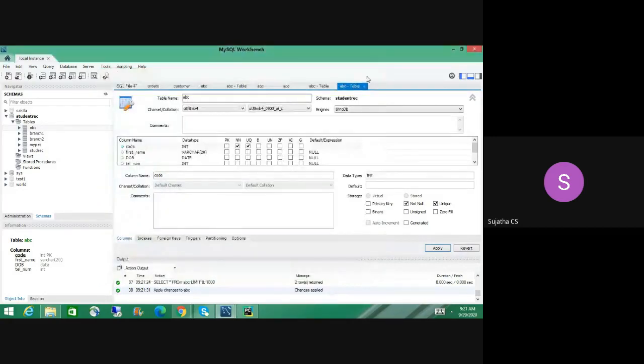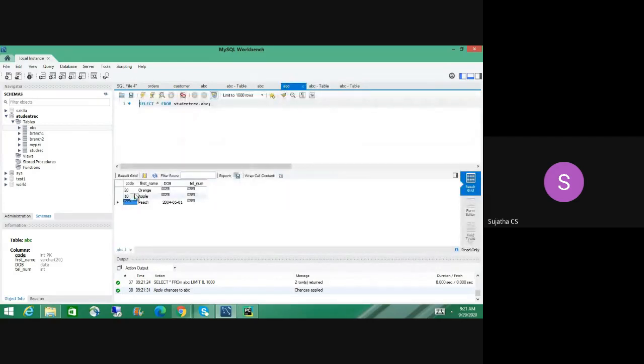See, it is accepting. You got it, right? So why was it giving me an error? When you make a column not null or unique, if there is repetition in your table, it won't accept the unique constraint. You are making changes in the table.